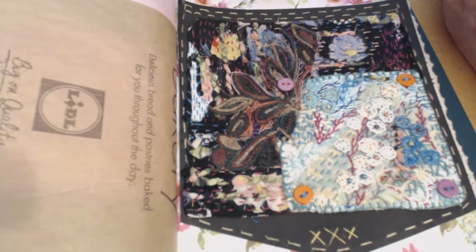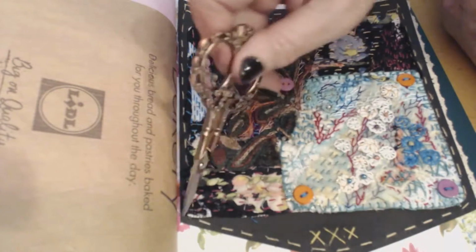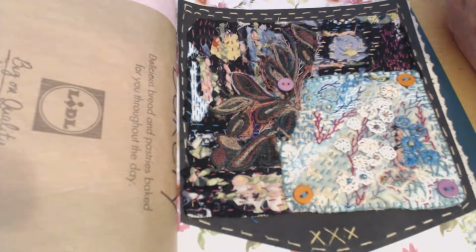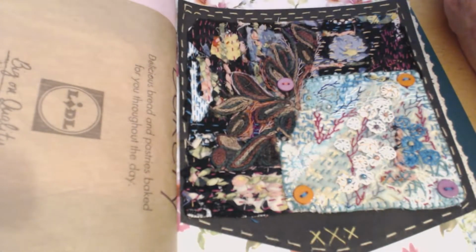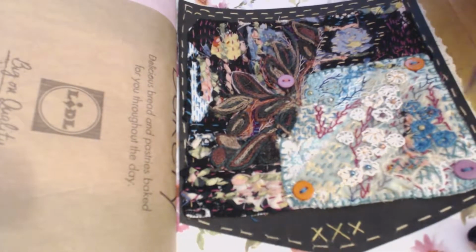Now I've put a mock pocket here. This is paper. It's to give the illusion of a pocket. I actually had the pocket here, if you can see that, but while I was sewing this, I suddenly had inspiration for the pocket. This was to go onto the pocket, but I thought, no, I have another plan for the pocket. So I've improvised. I've even tried to put the jean stitch in around here in running stitch, and it does actually overlap the edge of the page, so I've had to tidy up the back with a little bit of